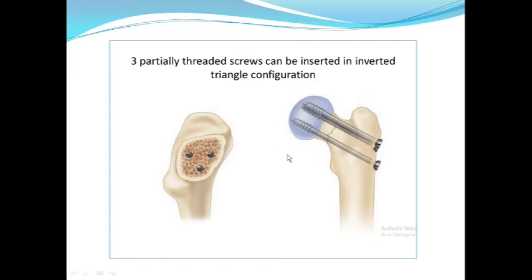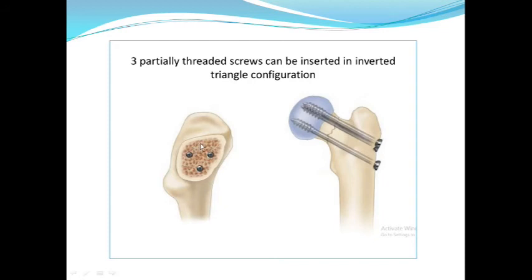So you try to reduce the fracture. We have instruments in OTs where we can give traction here, we call it a traction table. We apply the traction here, then we try to reduce, and once we confirm from AP and lateral views of the X-ray that it is reduced, then we go for CC screw fixation. There are multiple ways of putting screws. One way is the inverted triangle shape, so 2 screws above, 1 screw below.